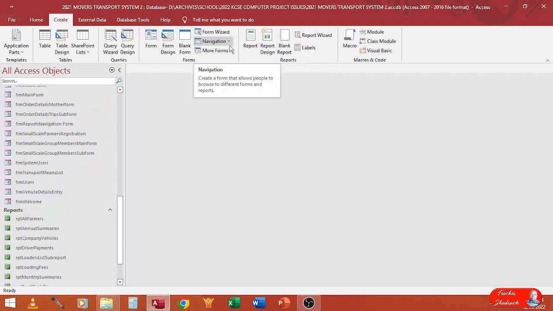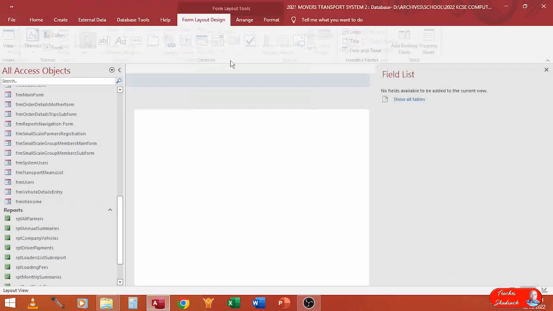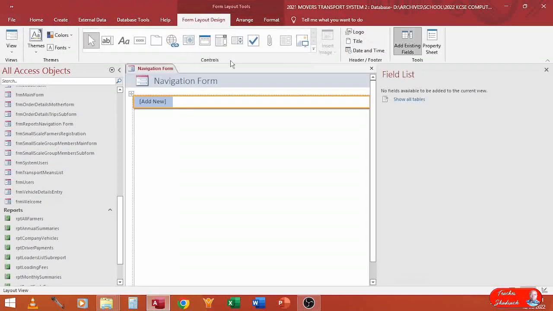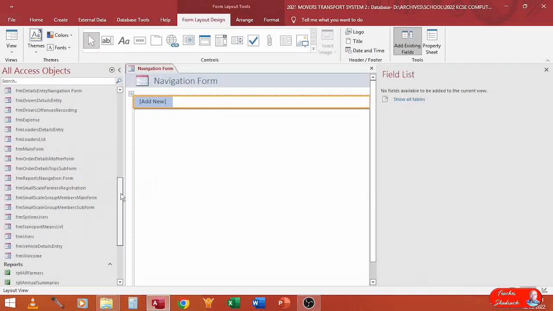So easily I go to navigation, and then this one I'll have it with the horizontal tabs which will appear at the top. Of course, there's no basic reason as to why I've chosen that. It's just a layout to change the monotony. Okay, so the first one was details entry